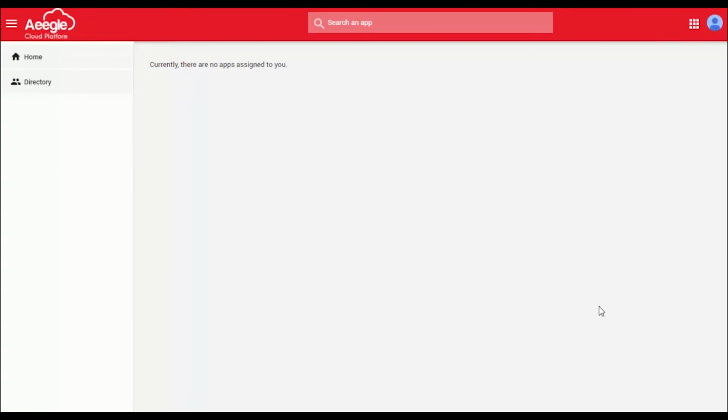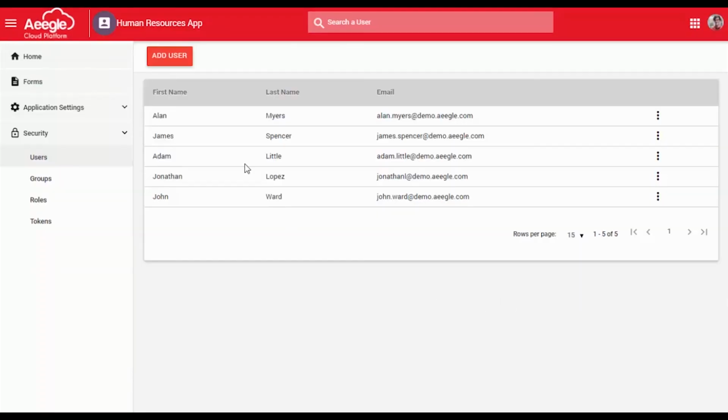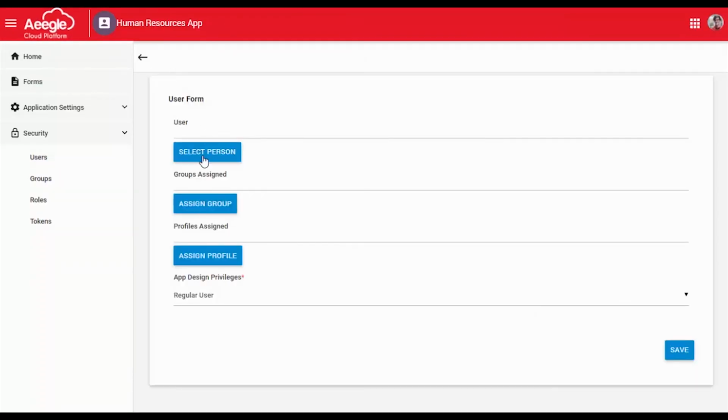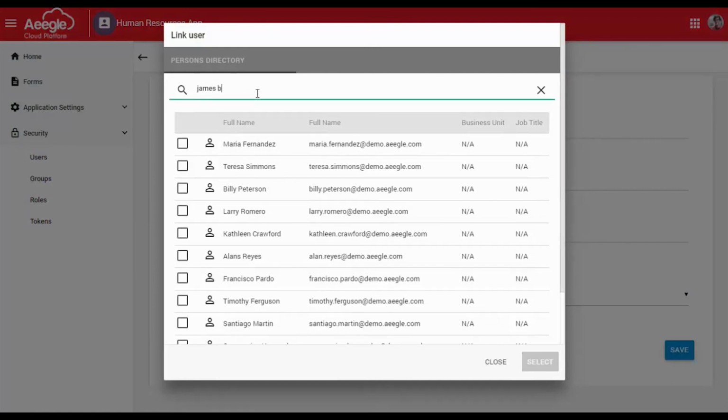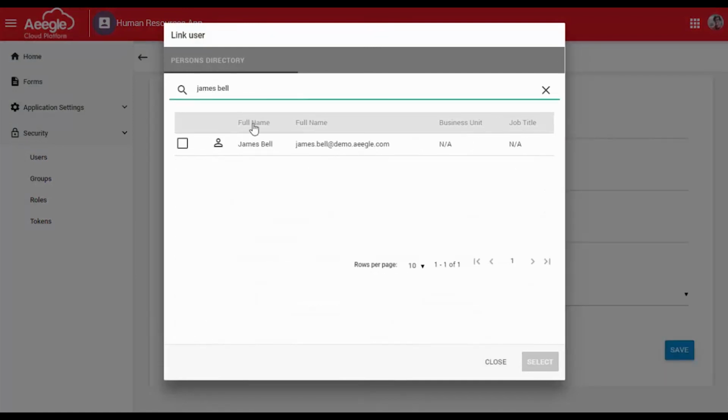As a way of example, I have signed in to a user that doesn't have access to the Human Resources application, and therefore this user doesn't have any application showing up here to access. But let me add this user. Well, let's go ahead and add this user to the Human Resources application. That was James Bill. Alright,